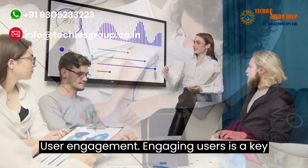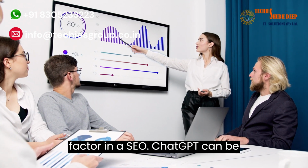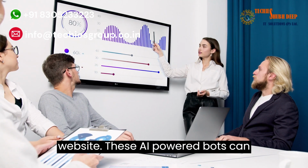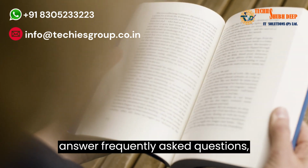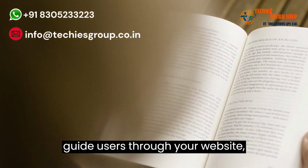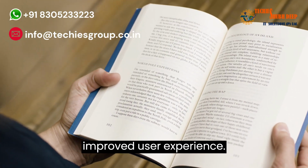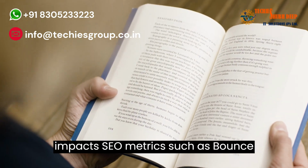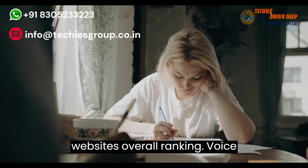User engagement: engaging users is a key factor in SEO. ChatGPT can be employed to create interactive chatbots or virtual assistants on your website. These AI-powered bots can answer frequently asked questions, provide personalized recommendations, and guide users through your website, resulting in longer visit durations and improved user experience. Enhanced user engagement positively impacts SEO metrics, such as bounce rate and dwell time, which can improve your website's overall